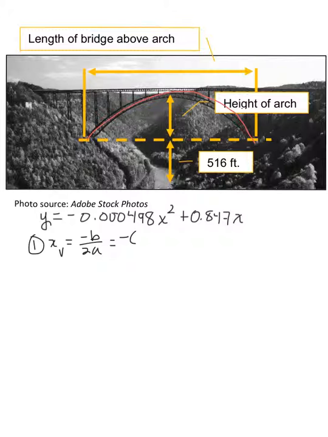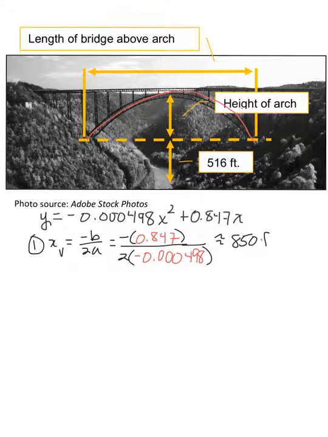So our b is 0.847 over 2 times, and our a is that lovely long negative. Then if you put that through your calculator, you're going to get approximately, I'm going to round this to the nearest foot, so it's approximately 850 feet. So that is going to be our distance from,